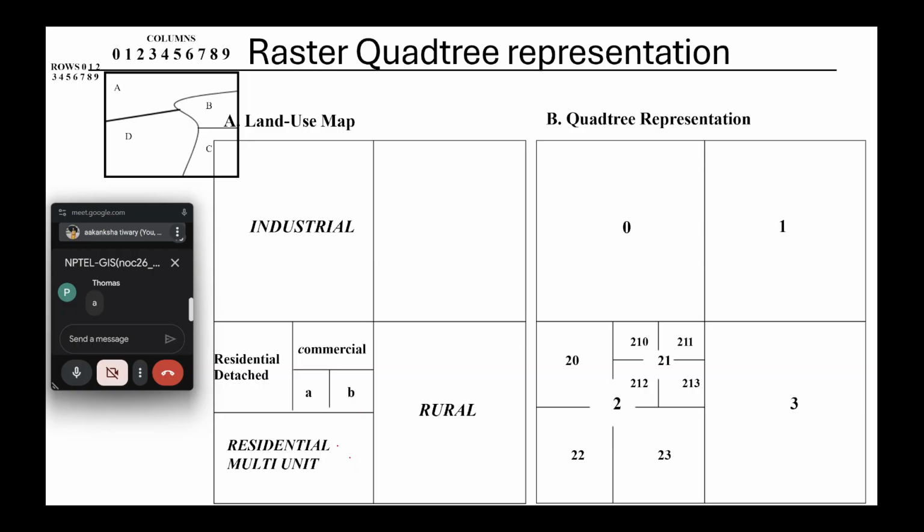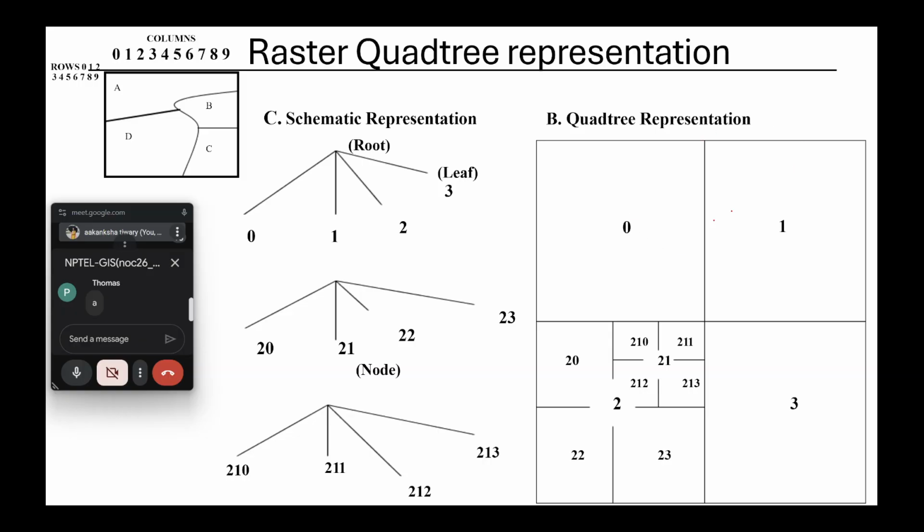All these four quadrants can be represented by 0, 1, 2, and 3, and then if you further divide it, it will be 2 0, 2 1, 2 2, 2 3, and if you once again divide it, it will be 2 1 0, 2 1 1, 2 1 2, and 2 1 3. Okay,